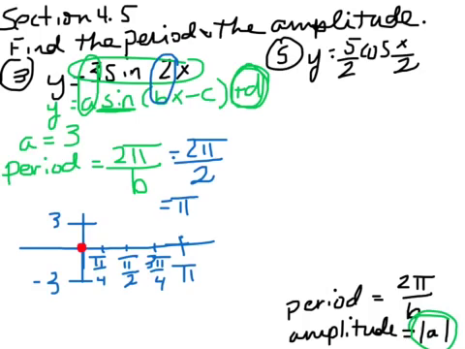That's what the 2 in front of the x did, it cuts the period down, makes it go faster. So instead of going up to 1 at pi halves, it's just going to do it at pi fourths. If you see that those are your increments, it's going to go up, then come down, and when it comes down, it's going to have to go through 0. And then it's going to have to go to -1, or -3 in this case, because